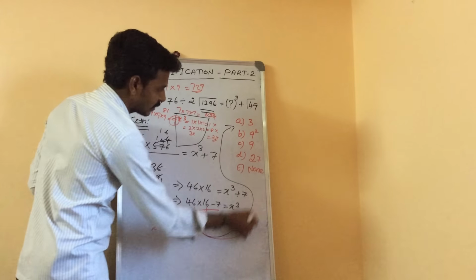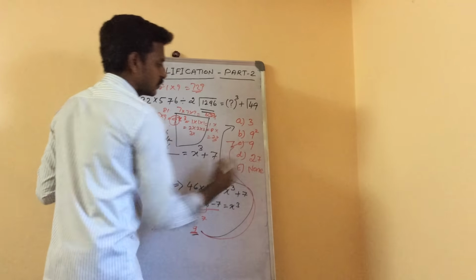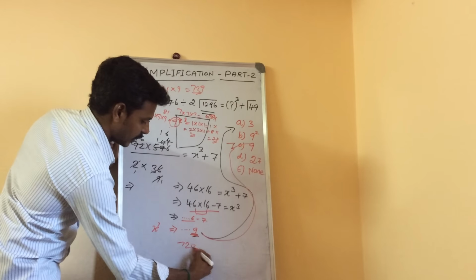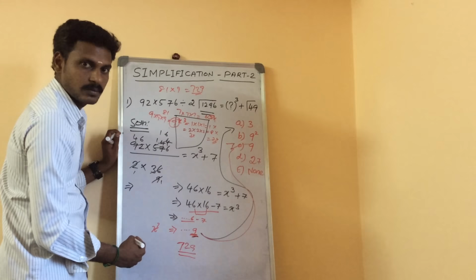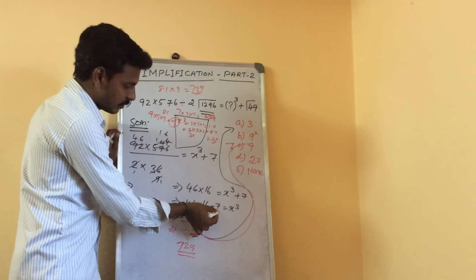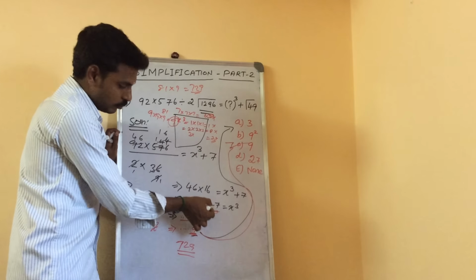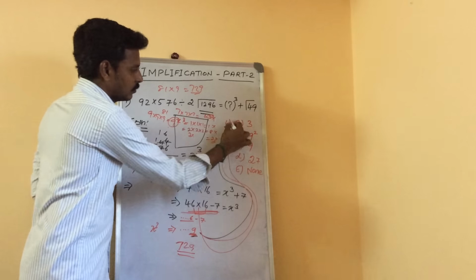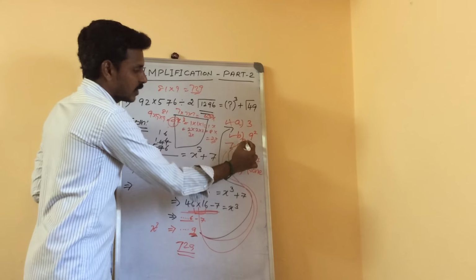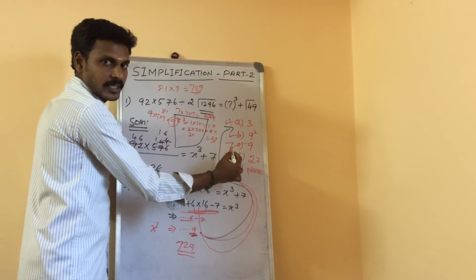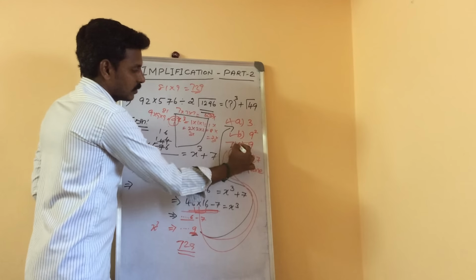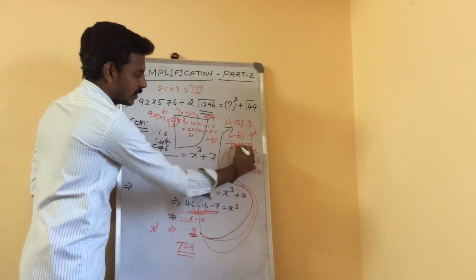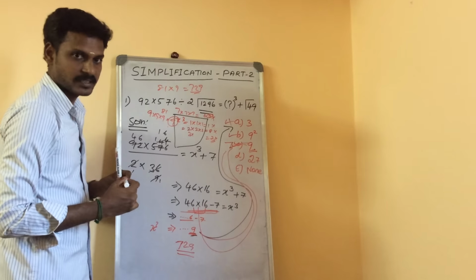So you can directly click the option, option C, because the last digit value is 9, and the value will be 729. So there is no need to find the whole answer value. You directly move to the answer, because 3 is not possible. 9 square is not possible, because 9 square means 9 into 9, 81, so it ends with 1. Mostly the chance is on the value 9, so you can directly click 9 as the answer. Okay, let's move to the next example.